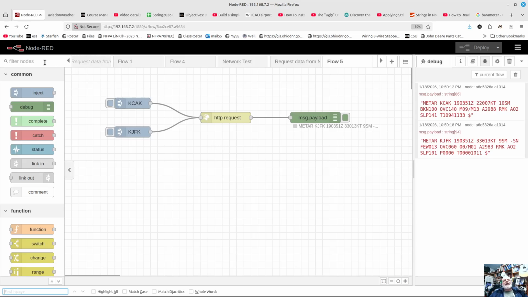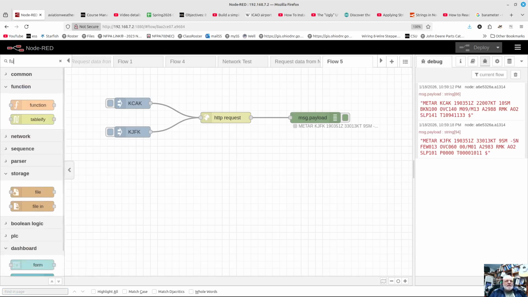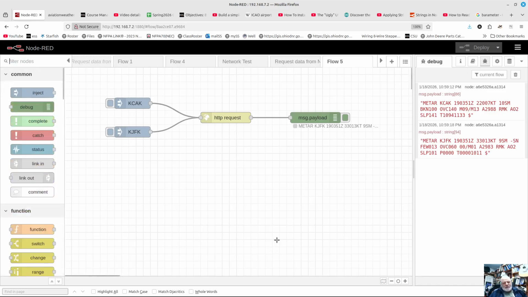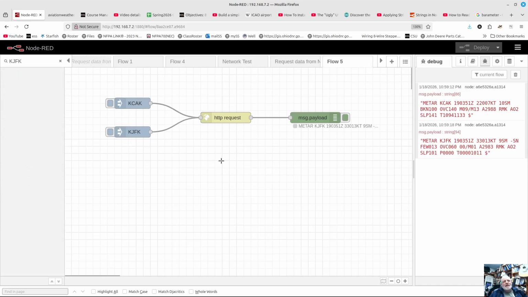Now I'm going to add a function node. I could do a filter here and type in FU, and I can get a function node. But I've actually already got one made up so that you don't have to watch all this. So what I'm going to do is bring in from another flow